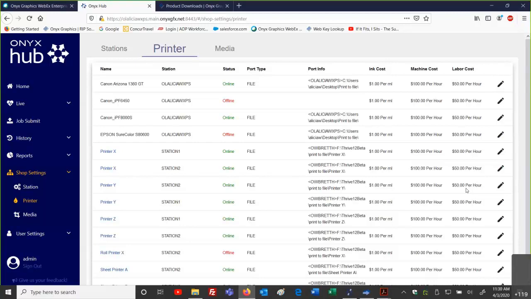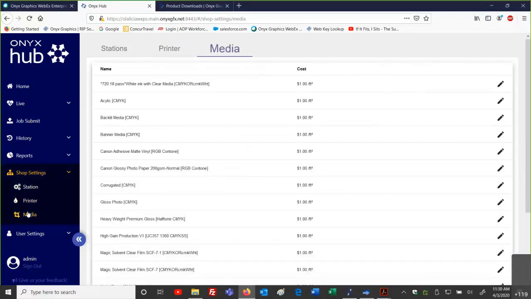That's a static general thing per printer. If we fine-tune down a little bit more, we can go into media. And within the media now, of course, this is a variable. Maybe certain medias are more expensive than others and so forth. Now I can put in my actual square foot cost per media. So media is the value that might be changing, right? Certain medias have certain costs.